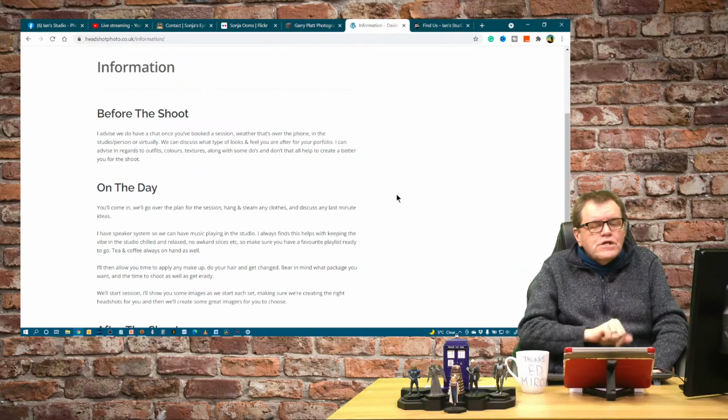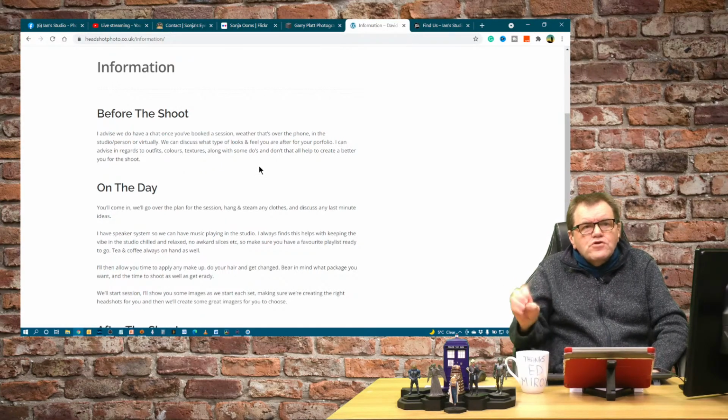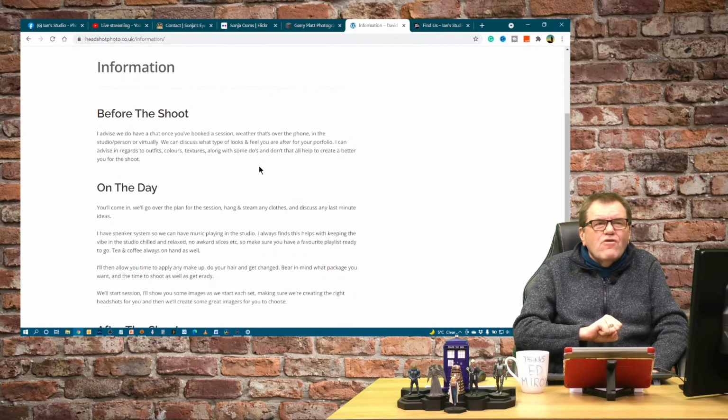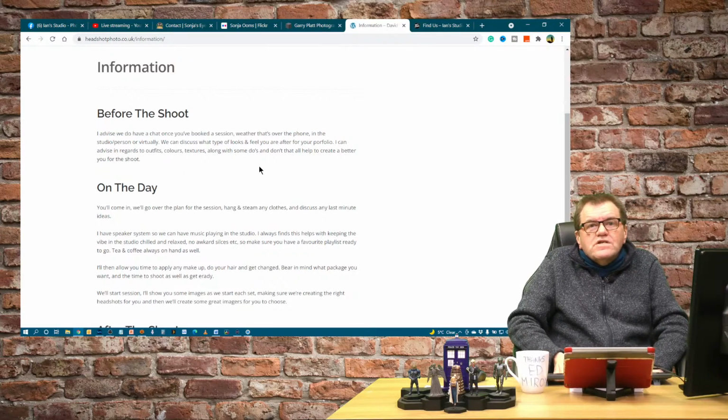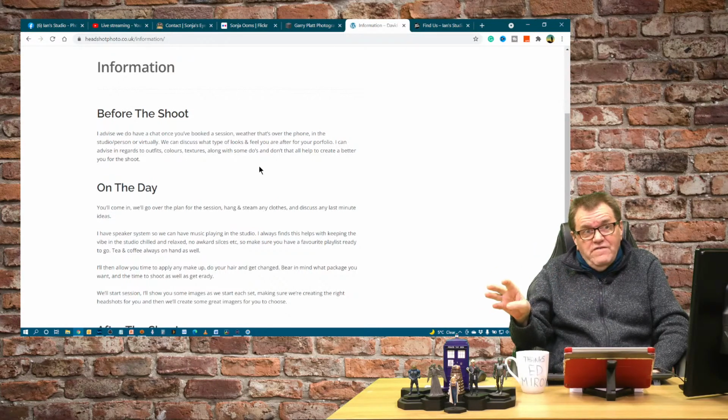What would be helpful to an actor on here is a little bit of information about what they should be looking for in an actor's headshot, because not all actors actually know what's needed. So I'm going to assume you've done your research and that you've been to places like Spotlight or Equity or some of the casting agencies and had a look at what their requirements are for headshots.